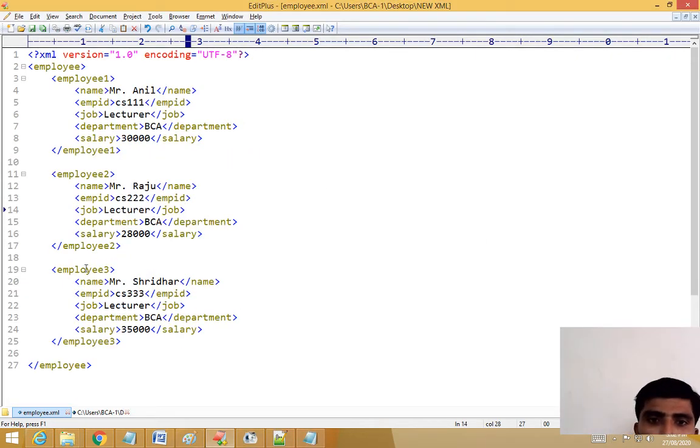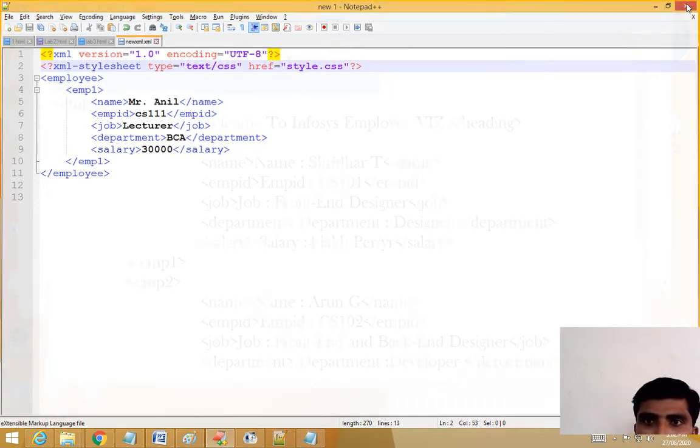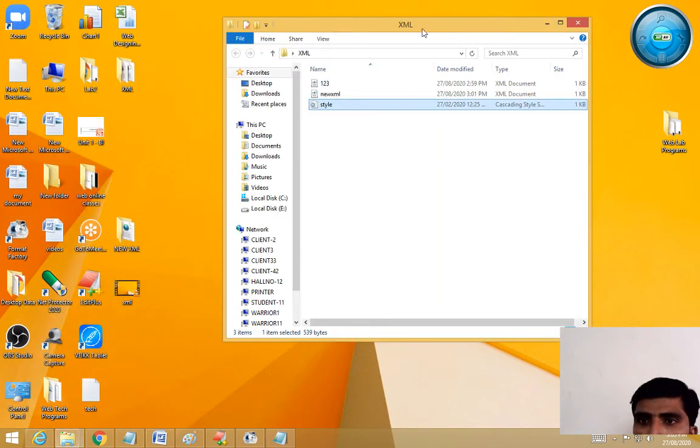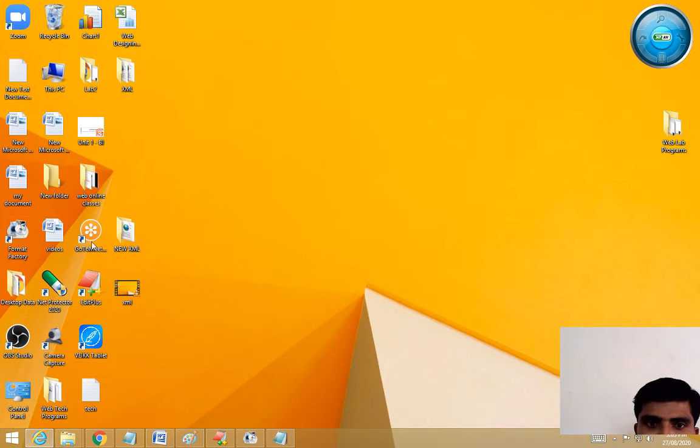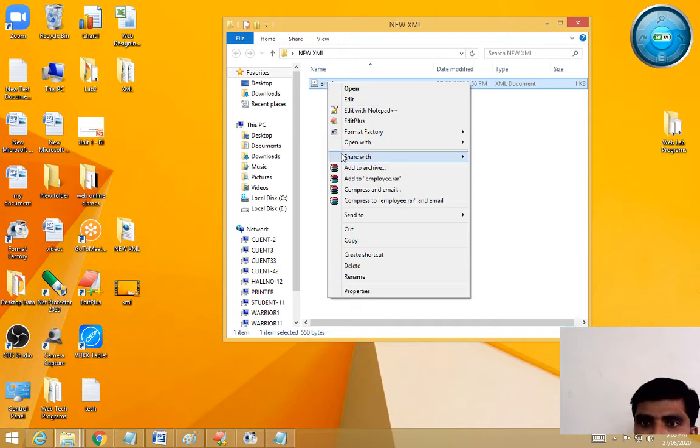So now first we have to execute this one. How are you executing it? Wherever you saved that code, go there. Where is new XML? I want to execute this one. First open with.